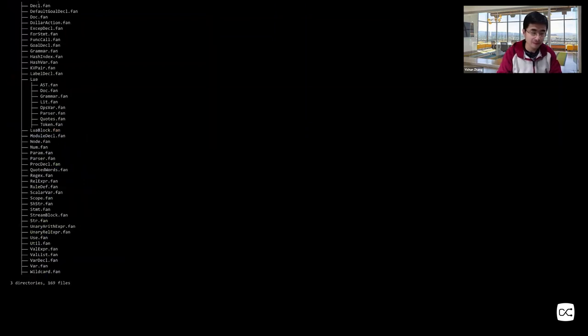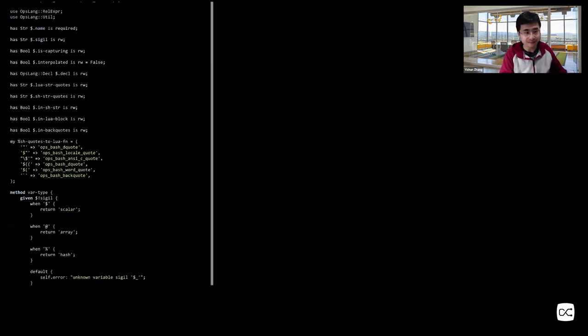Okay, and the code generator in our design is actually distributed in each AST node class. So for example, we have a variable AST node right here, OpsLang var.